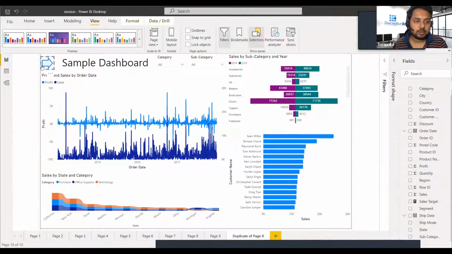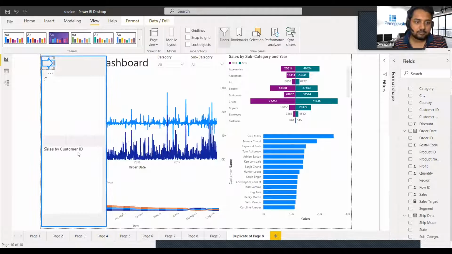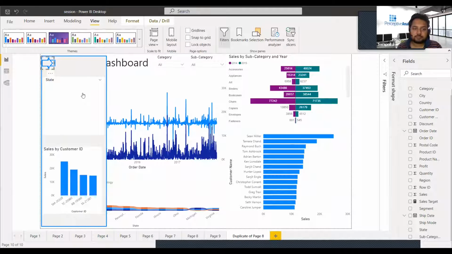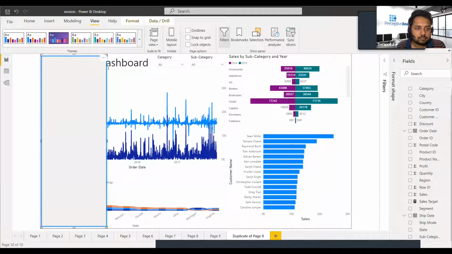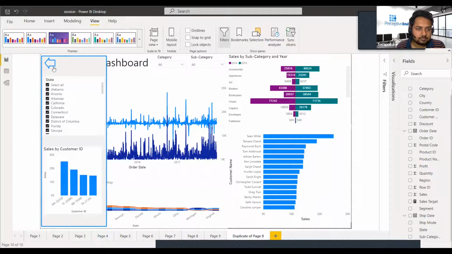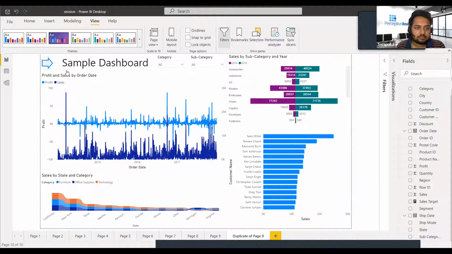So if we control and click on this, it will give us the graph as well as the slicers. So if you want to go back, so you can keep any.